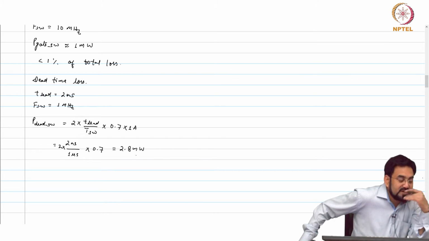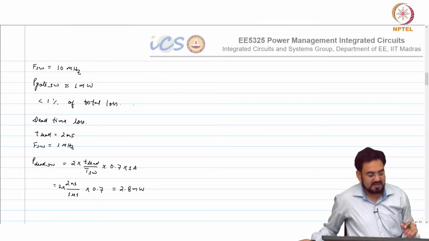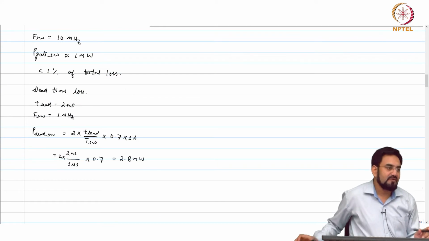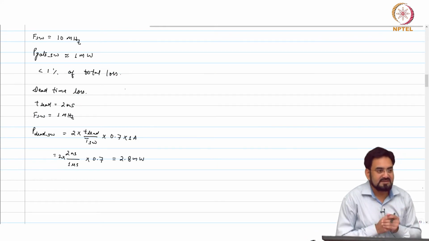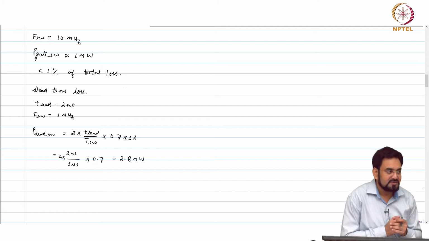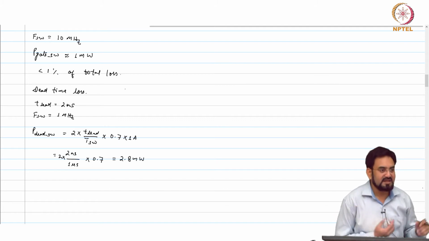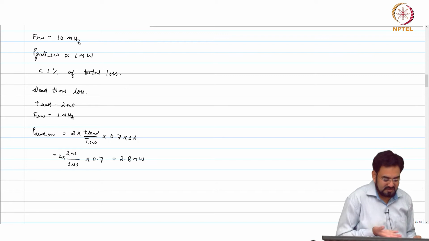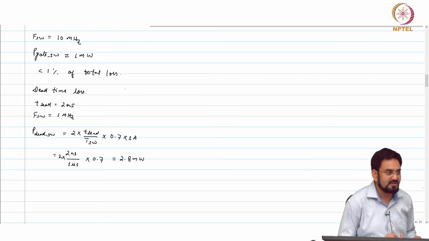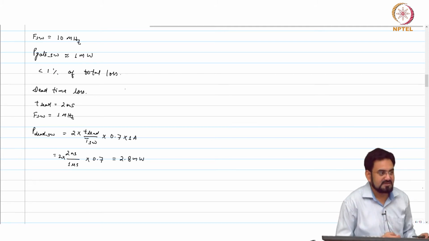So, which means if you are running at a very high frequency, it is not easy to achieve more than 90% efficiency, even if your devices are very fast. That is why if you look at a lot of high frequency converters, they are designed for low current. Let us say your target current is 200, 300 milliamp. This will automatically reduce switching losses, then it is okay. But when you target amps of current, it is not easy to run at 10 megahertz.